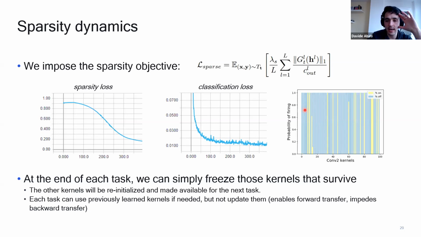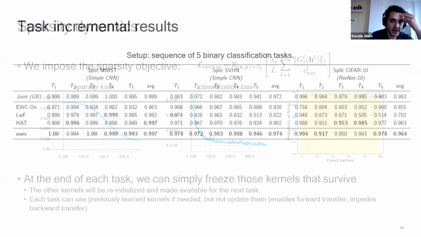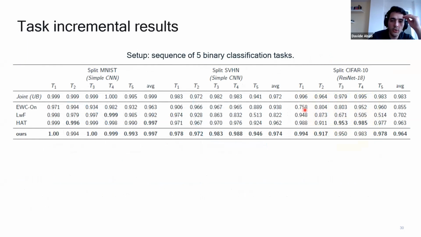So this is a continual learning model, and we can experiment with it. If we know which task we are solving during test, we can query the correct gating module and get the important kernels for that task. Remember that we have, for each layer, one gating module for each task, so we want to know which one to apply, right? In the task incremental setting, we have that knowledge, and we experimented on these three datasets with two different backbones. One is just a 3-layer CNN. The other backbone is ResNet 18.